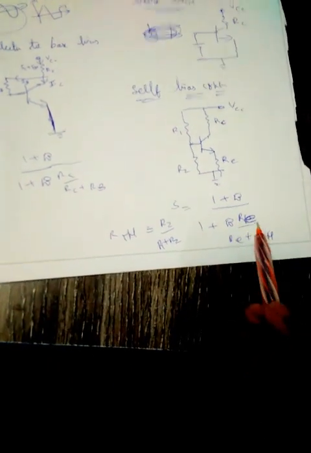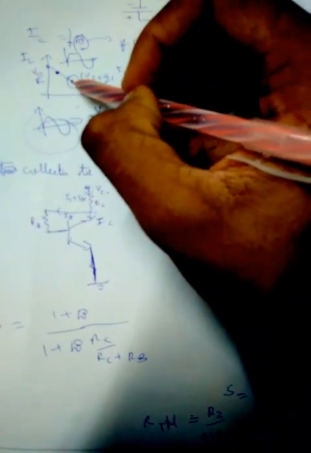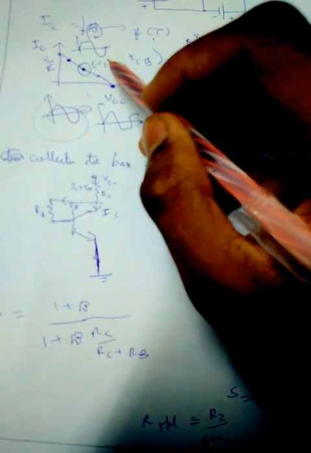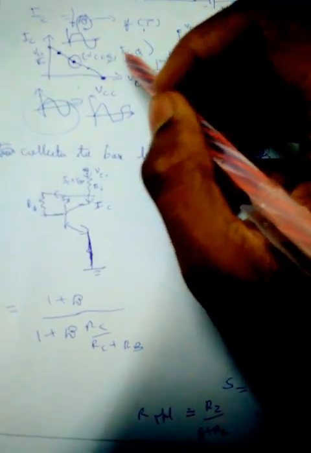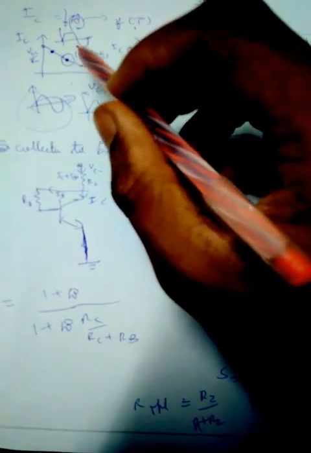Let us see why the self bias circuit is used more. Before talking about why self bias is required, I need another concept of AC analysis. Now we have biased our transistor in such a way that it is in the middle of the load line, because by using the self bias circuit we have made the transistor remain at the middle of the load line, that is at VCEQ, ICQ. Now our transistor is ready to have the signal applied, which is to be amplified.